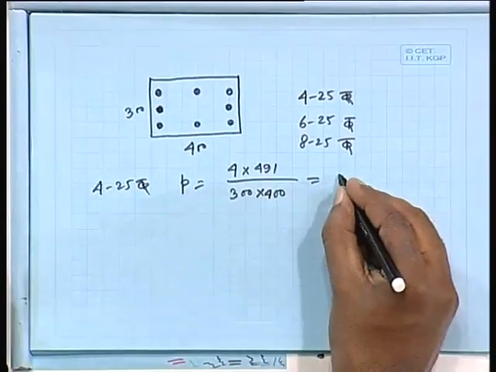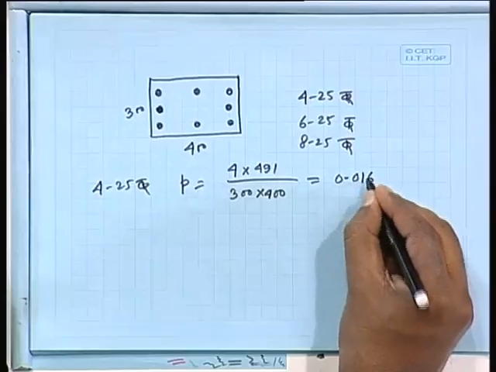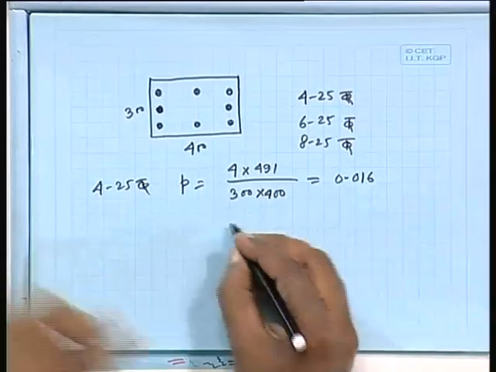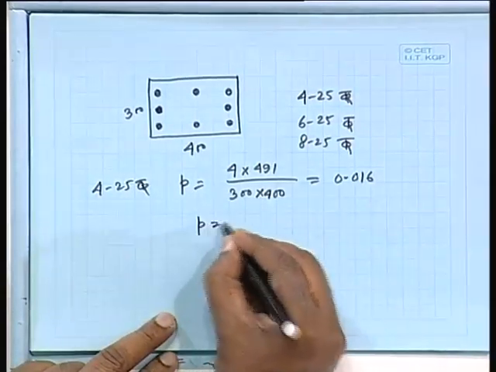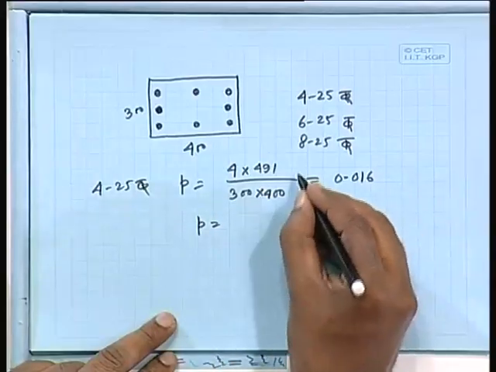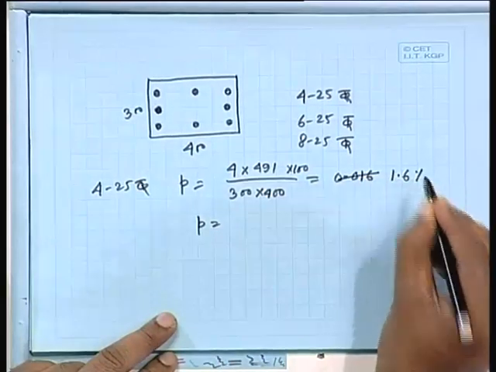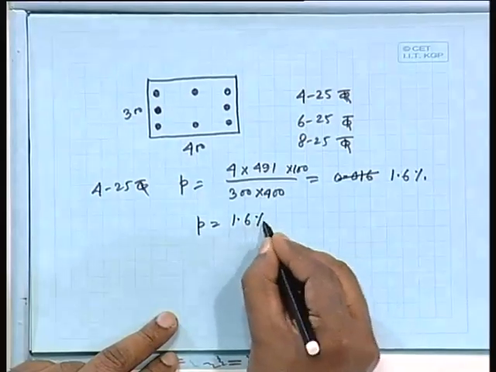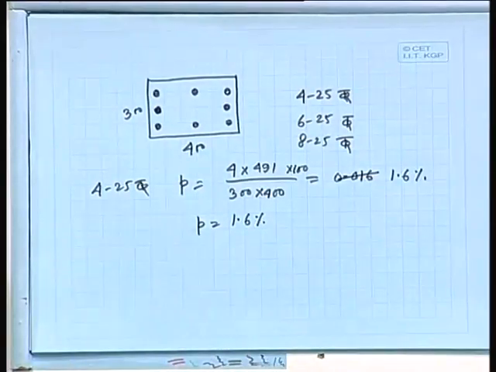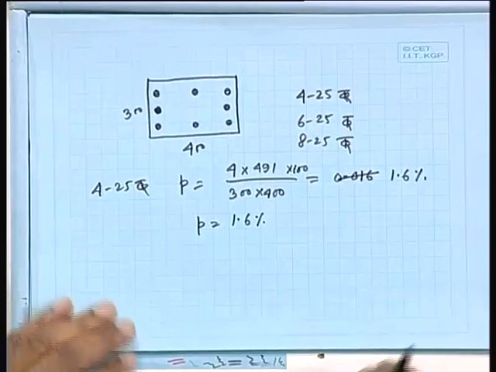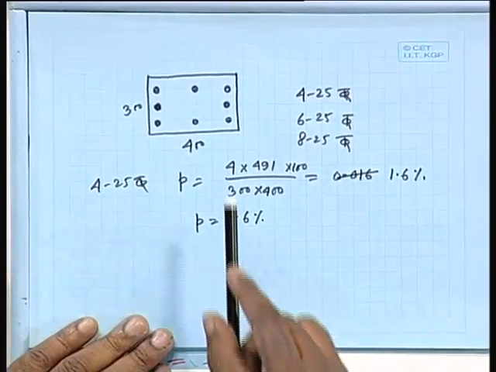Okay. So P equal to, into 100, let us make it, then it will be clear. So 1.6%. So when we are getting this 1.6% area of steel, I prefer that, okay, let us use this